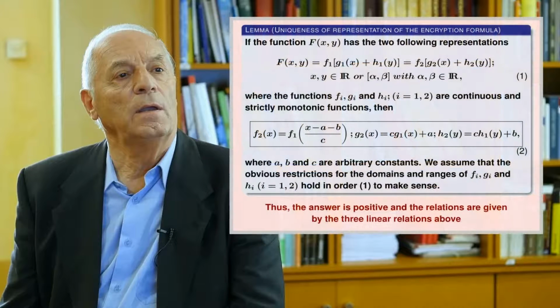The solution of the stated problem is given by this lemma that says that in fact those functions exist and that they are related by the indicated linear relations. Though there is not a unique solution, the existing solutions are related only by linear relations. This lemma is very important to deal with the problem of uniqueness, because some of the resulting solutions of our functional equations will be particular cases of it.